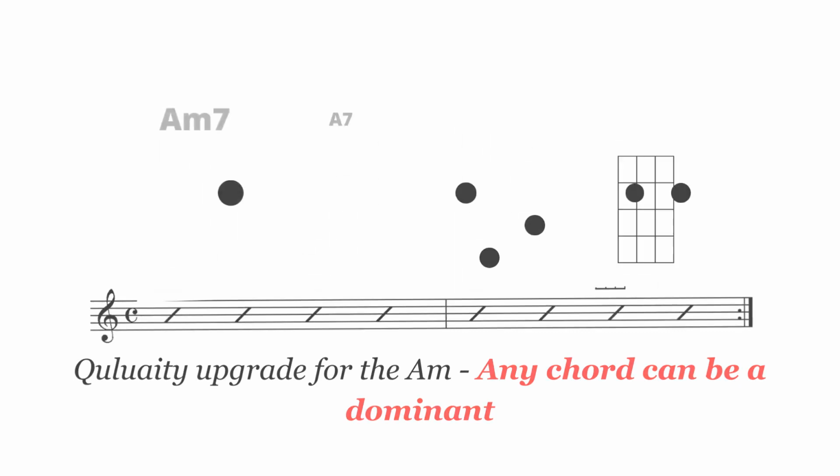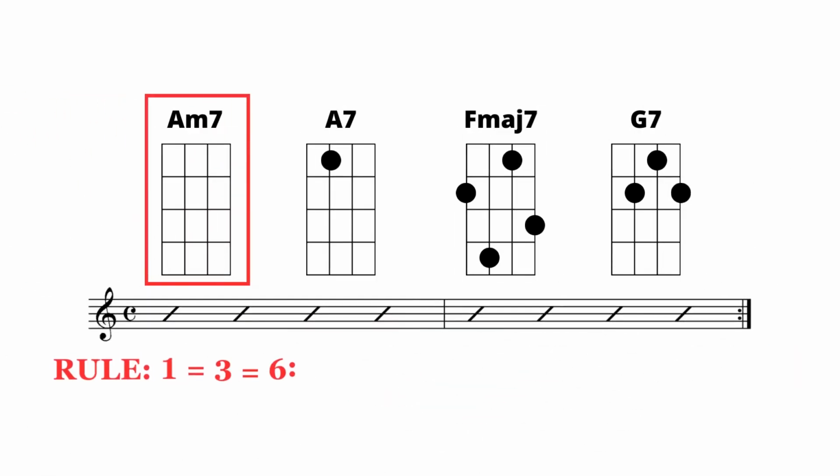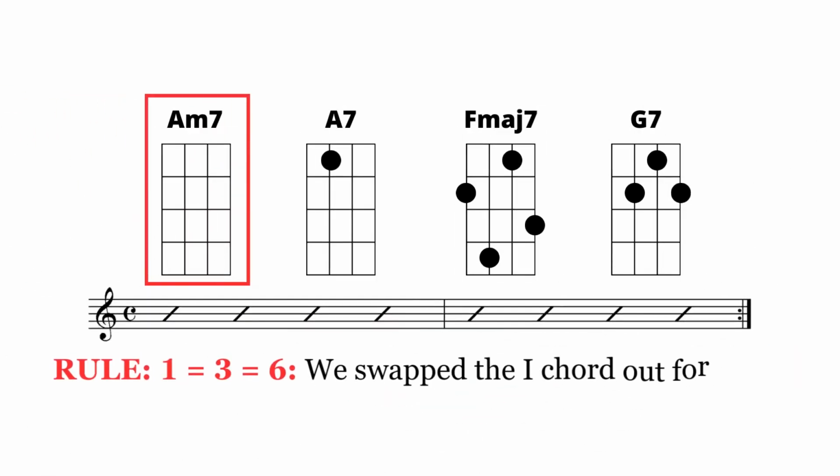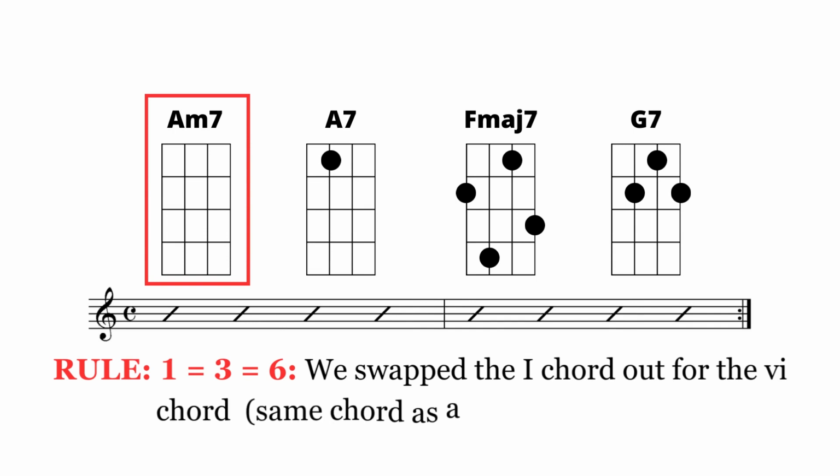So with that 6 chord an A7, now we can go ahead and swap out that 1 chord for the A minor 7. We follow the rule 1 equals 3 equals 6, and we swapped out the 1 chord for the 6 chord. Now it's interesting to note here that A minor 7 is actually the same exact chord as